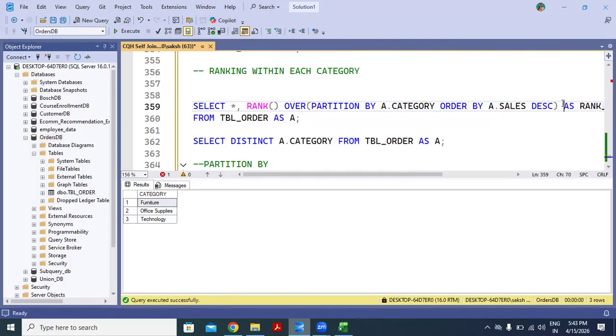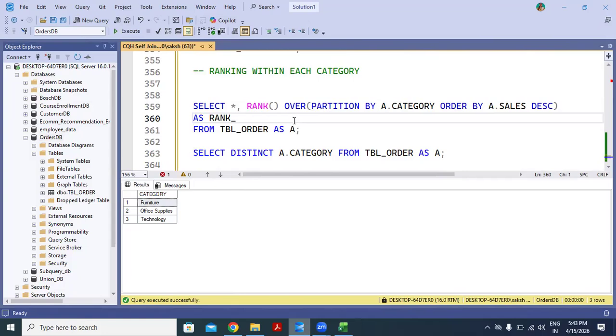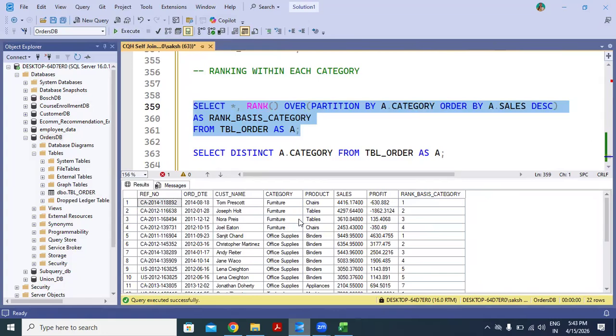And you can name it as rank basis category. You can write any name that you want. So just select it and execute it. Now you can see that each category has been split into three windows.